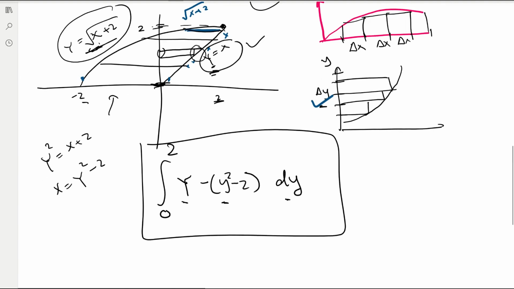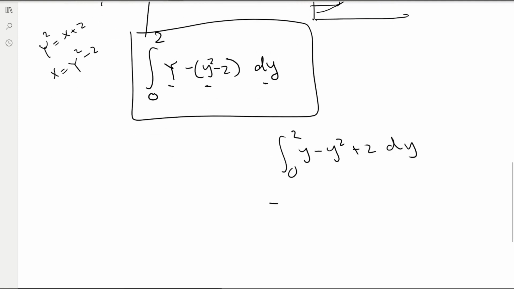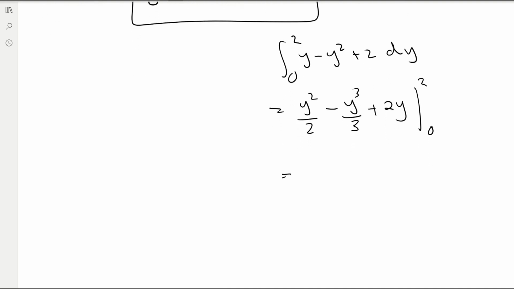Okay, right. So now let's finish this problem. So 0 to 2, y minus (y square minus 2) dy. Now if you integrate y, it's y square over 2. If you integrate y square, it's y cube over 3, plus if you integrate 2, it's 2y, going from 2 to 0. Now substitute 2. So 2 square is 4, 4 over 2 is 2, minus 8 over 3 plus 2 times 2 is 4, minus if you substitute